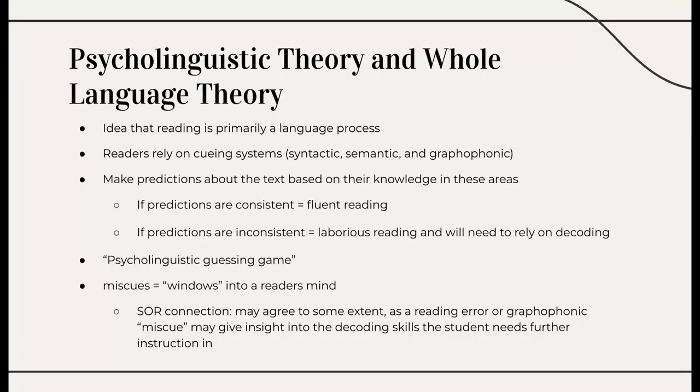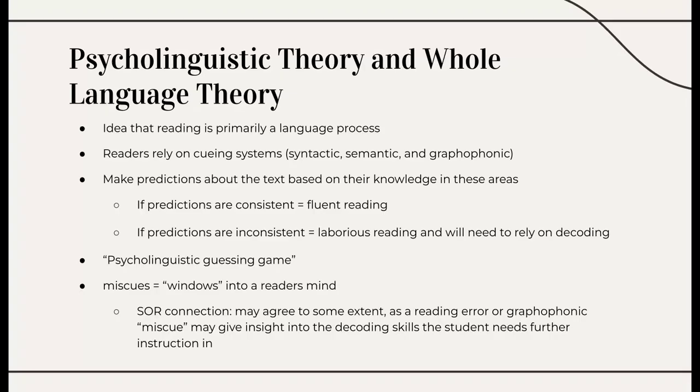Under this theory, if their predictions are consistent with what the text says, that would lead to fluent reading. And if predictions were inconsistent, that would result in laborious reading. And then the student would need to rely on their decoding almost as a backup. Goodman even described this type of learning as a psycholinguistic guessing game, which I found very interesting. And by this, he meant that students can reconstruct thinking based on his or her knowledge of language, the world,